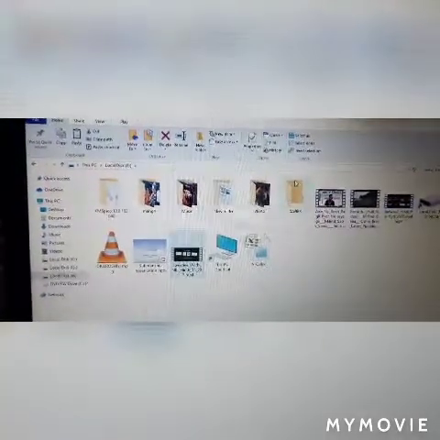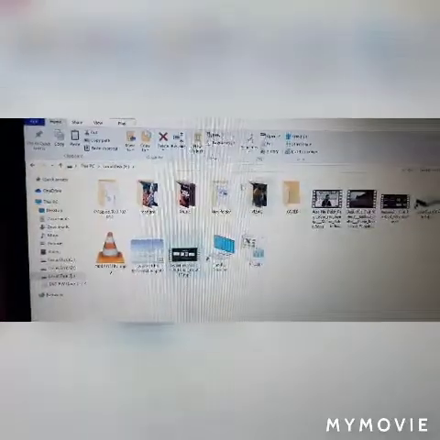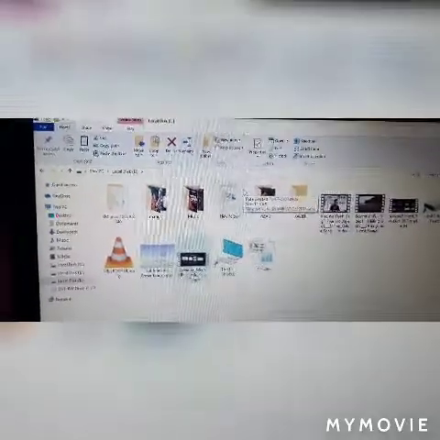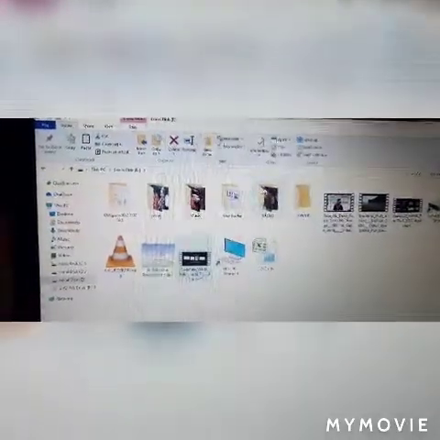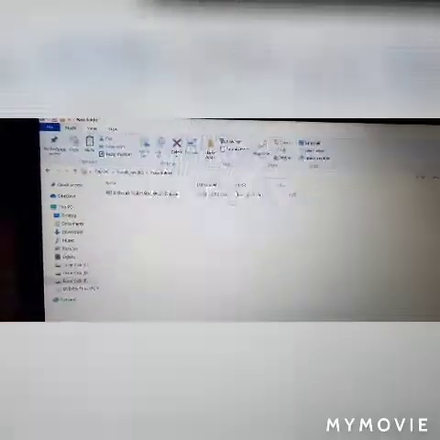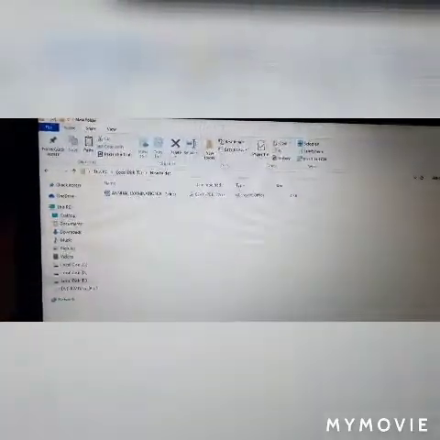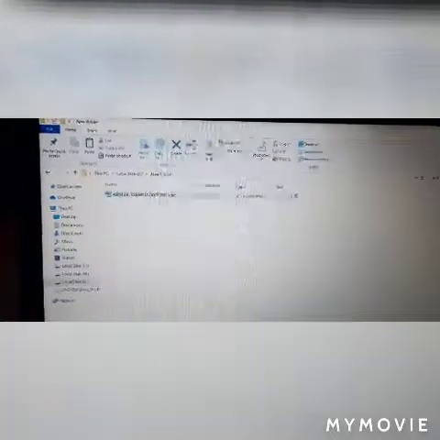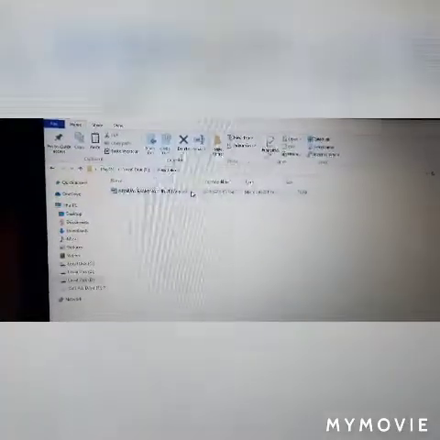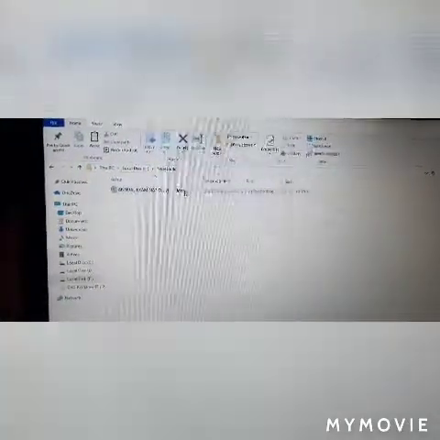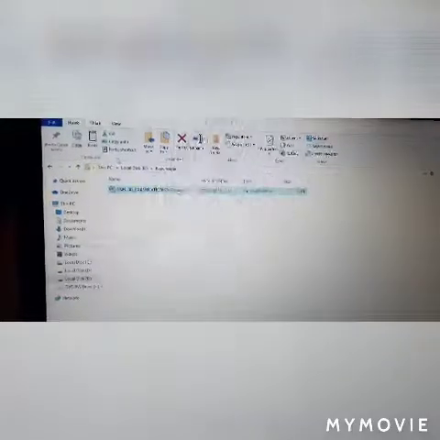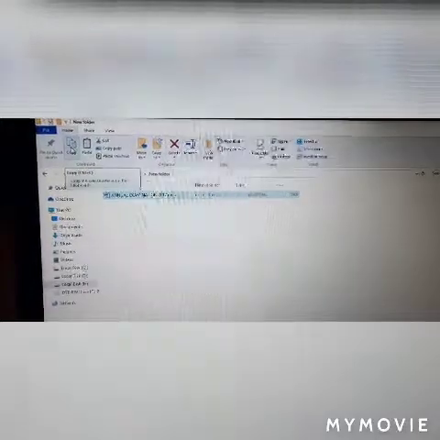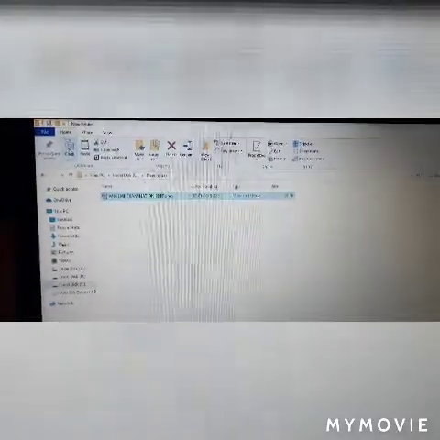Now you could see, last class, I hope you remember, we created two folders, that is New Folder and the Xavier folder. In the New Folder I have stored one file over here. Now you could see it is written Annual Examination 2017. So select that one, and after that in the Home tab you can see the Copy option is present. Just click on that. Now your file has been copied.